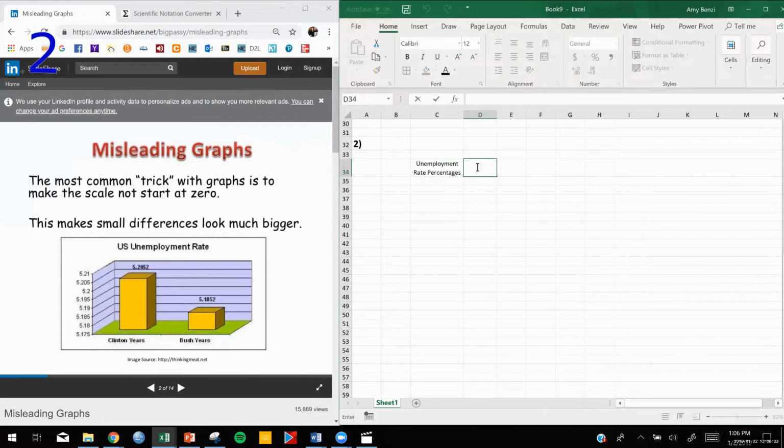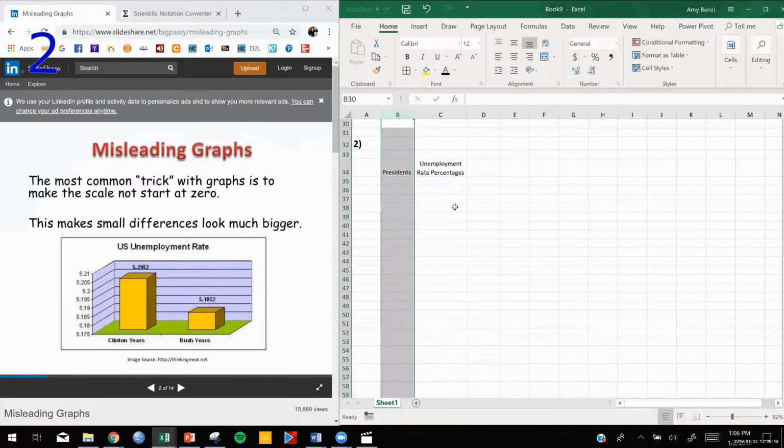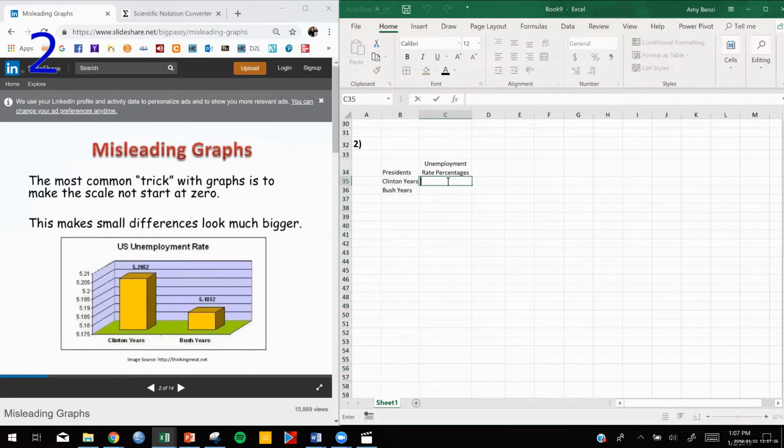So I have unemployment rates, and then actually over here, I'm going to have my presidents. All right, and I might just make this column just a tiny bit bigger too. My presidents, I have Clinton years, and I'll just put years because that's what it says there, and then Bush years. I'm actually going to still make this even a little wider just to fit everything, or I could wrap it, either way. For Clinton years, I have 5.2052, and for my Bush years, I have